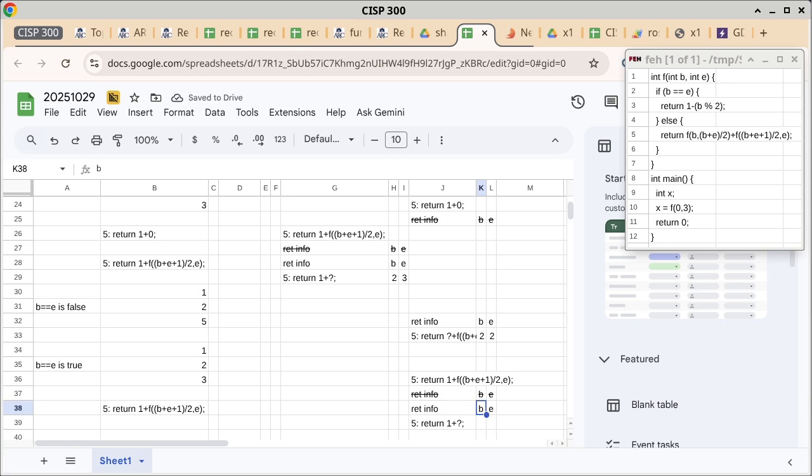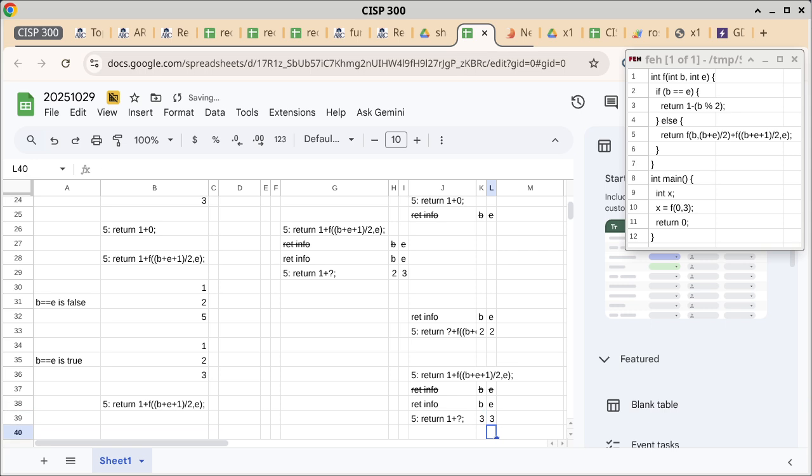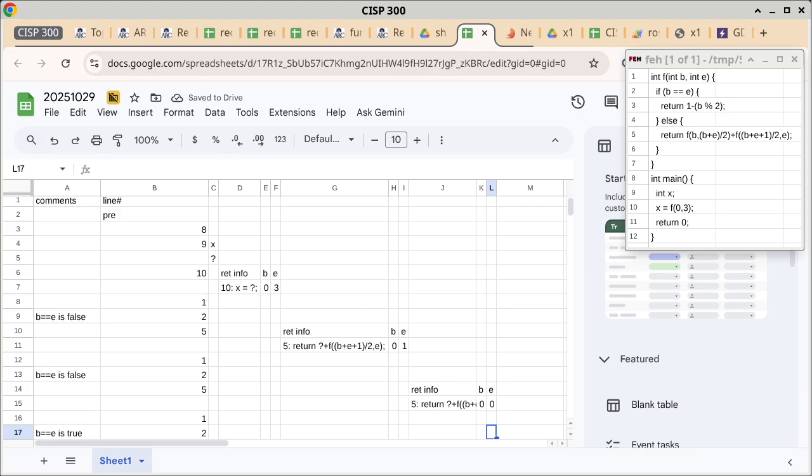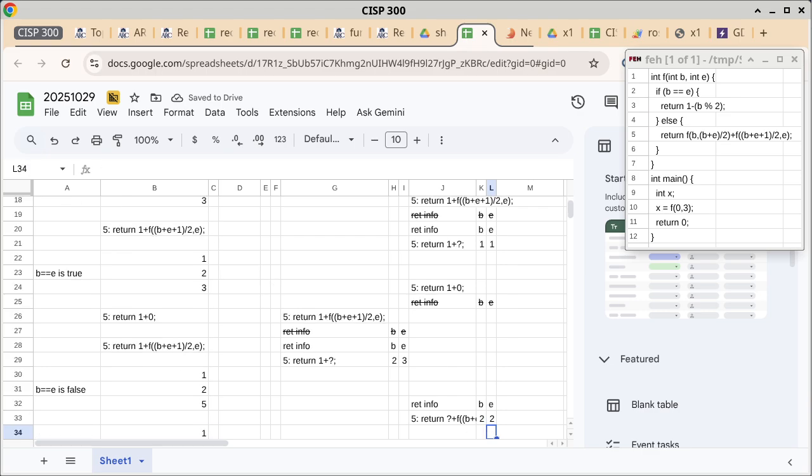And then this B here is referring to the evaluation of B plus E plus 1. But this particular B is referring to a column that is labeled B that already has a value. That would be column H, which is a 2. This E is referring to column I, which has a value of 3. 2 plus 3 plus 1 is a 6. 6 divided by 2 is a 3, and that's why we put a 3 here. And then E is just E itself, which is referring to column I, which has a value of 3. So now we are set up with everything, all the columns, and now we can proceed